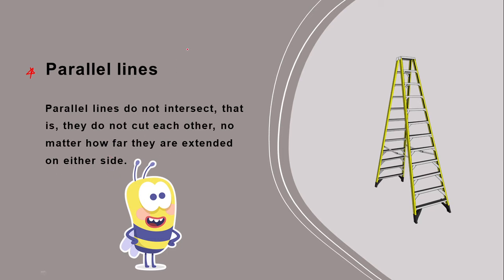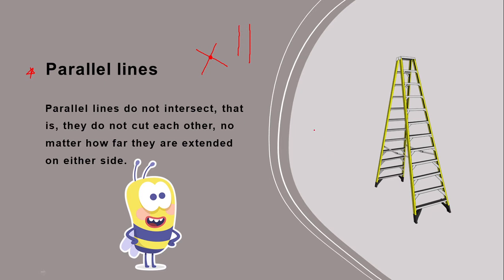Okay, so like here I have taken an example of a ladder. The two sides of the ladder. Okay, you stretch it how far you want to take it, but it is not going to meet. So if x, you see there are two lines, but at x they meet at a point. But the lines which never meet each other, how much far you want to draw them or stretch them, these lines are not going to meet each other. The best example is a ladder.